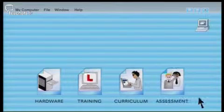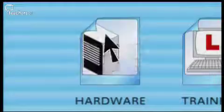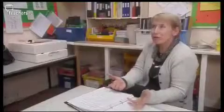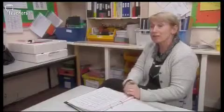Two years into the strategy, what's been achieved, and what is there still to do? When I was first here, if you'd gone into the ICT suite, it wouldn't have looked anything like it does now. The computers were all over the place, there were no workstations, no tables as such, nothing organised at all. One of the key priorities in the plan was to get the ICT suite running properly and used